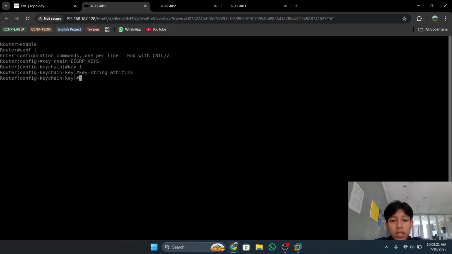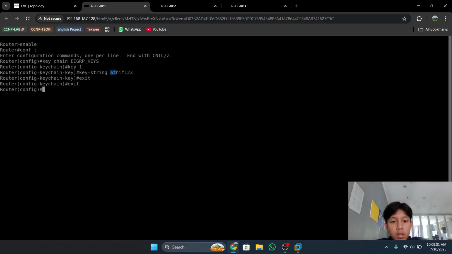The password is case sensitive, so uppercase and lowercase letters are different. Active123 is different from the password I added before, so the password must be the same. Then exit from the configuration.